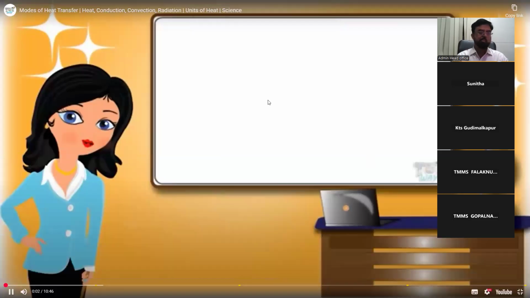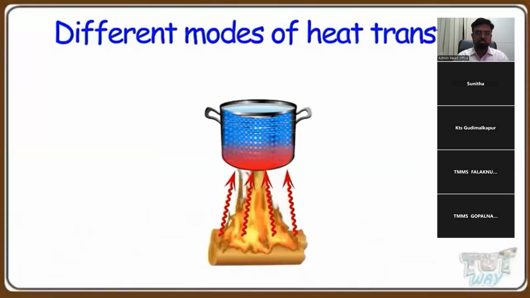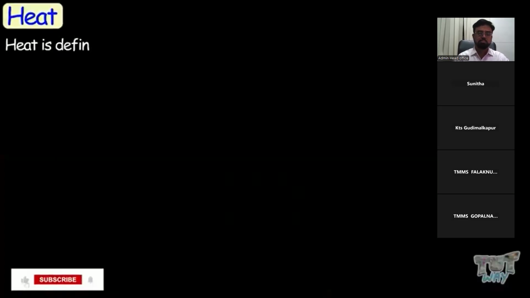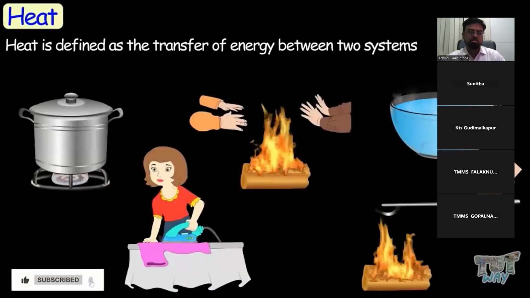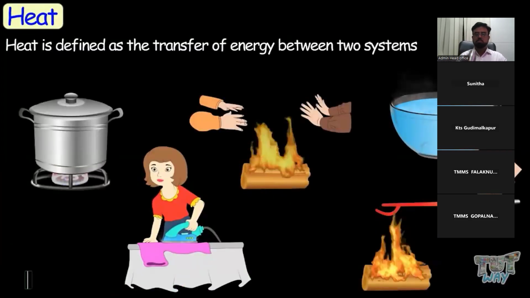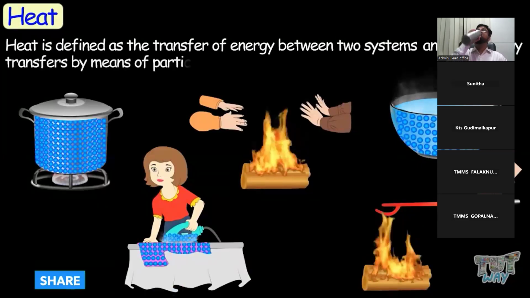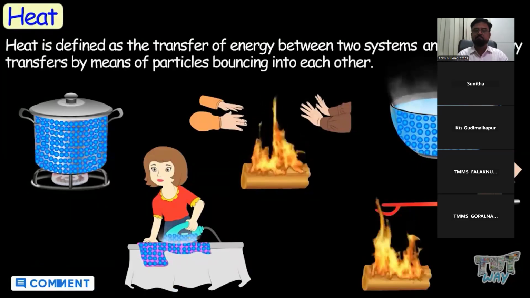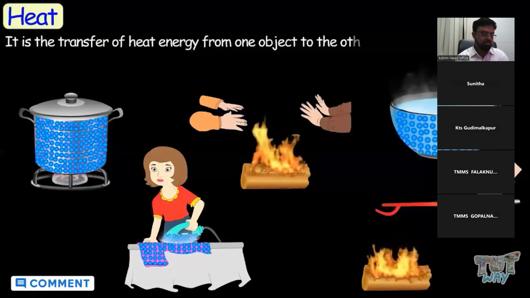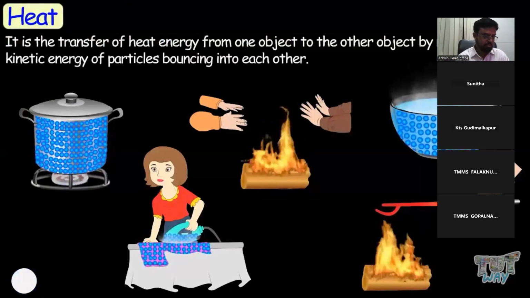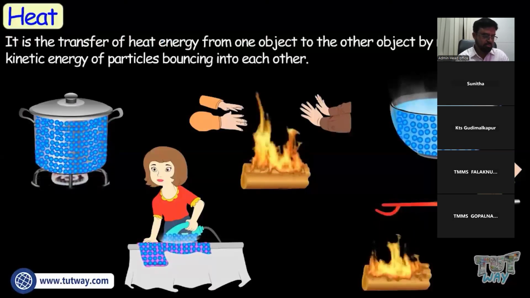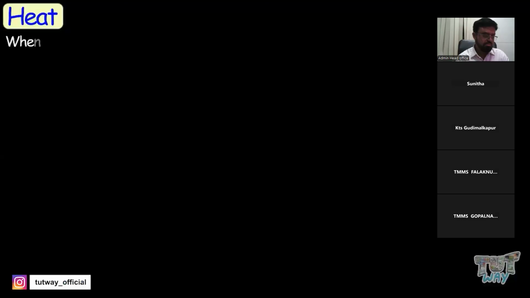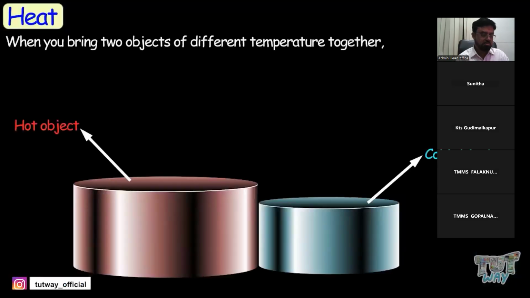Friends, today we will learn the different modes of heat transfer. So let's start. Let's first learn what is heat. Heat is defined as the transfer of energy between two systems, and this energy transfers by means of particles bouncing into each other. So, we can say it is the transfer of heat energy from one object to another by means of the kinetic energy of particles bouncing into each other. When you bring two objects of different temperatures together,